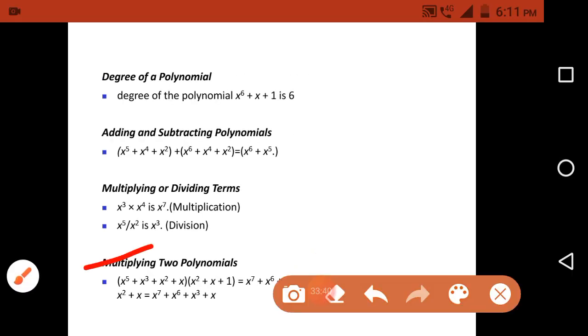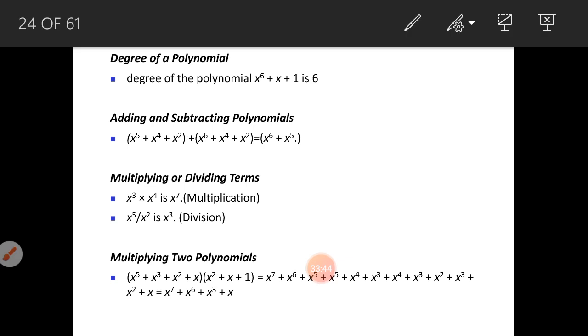And the last one is multiplying two polynomials. Here, what we need to do? There are two factors here. This is the first one and the second one. Two factors or two polynomials are there. How do we need to multiply two polynomials? So we need to